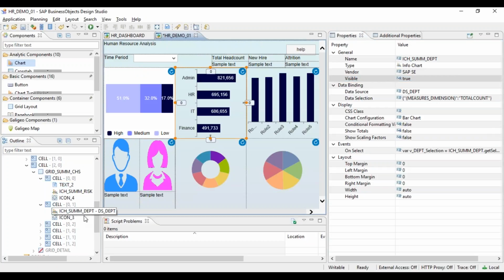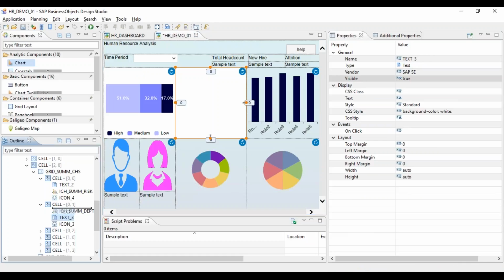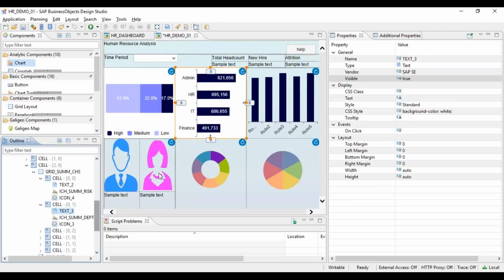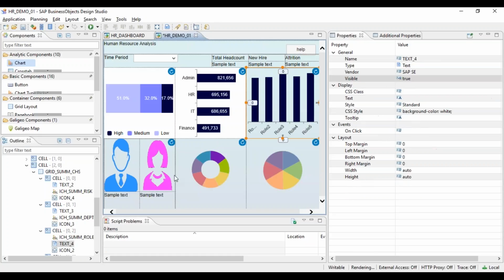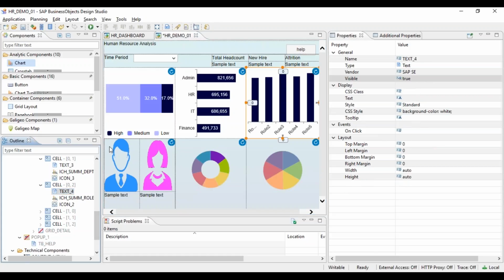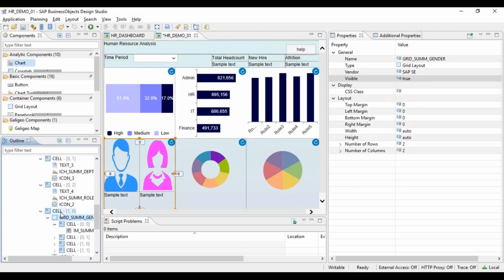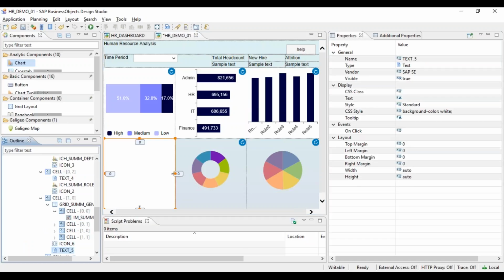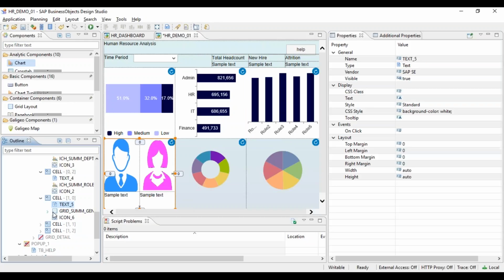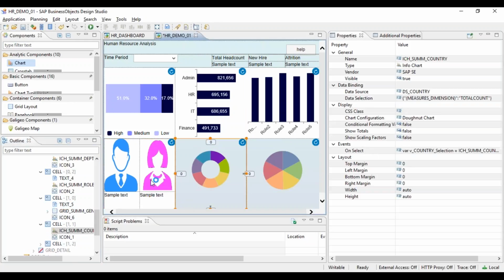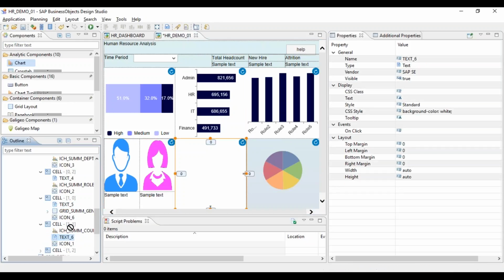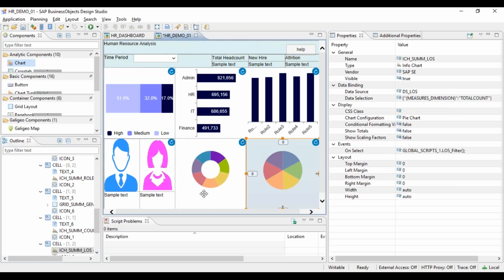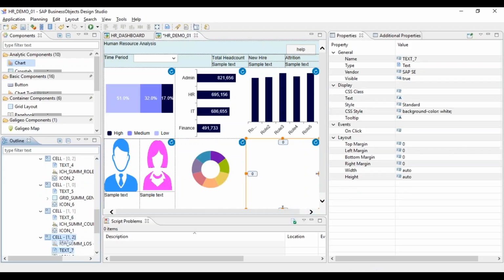Then we can copy paste for other components also. Now we have background for all the components.